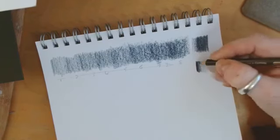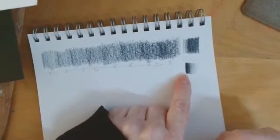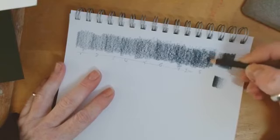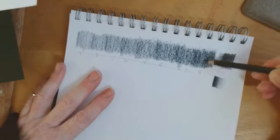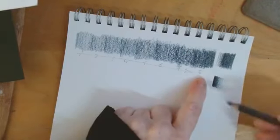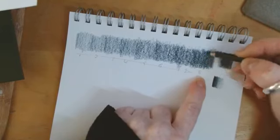Yeah, it does work light to dark, but when you do it this fast, this quick, you can't move anywhere. You can't put anything on the top. So the idea is to do this. So if I show you now in this little one where I'm going to go over it again, I can keep going over this. But I've not filled the paper. And by filling the paper, I'm not allowing anything else to be put on top. So I can't mix or anything. So the layers